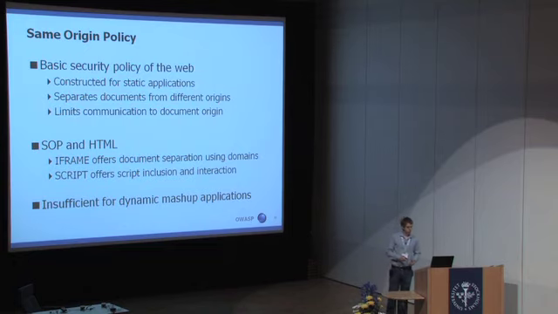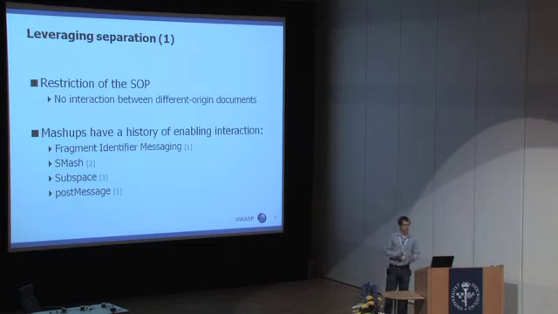So first of all, one approach is to take the separation offered by the same origin policy, basically using iframes, and to build on that, or to leverage that to create a secure environment for mashups by enabling interaction. There's a list of multiple techniques, of which the first three are basically workarounds. They were invented by mashup developers and exploit loopholes in the same origin policy to enable some kind of cross-domain